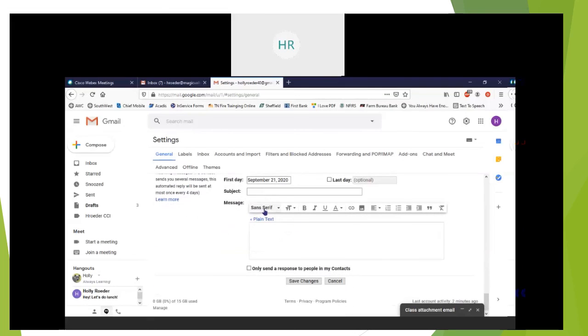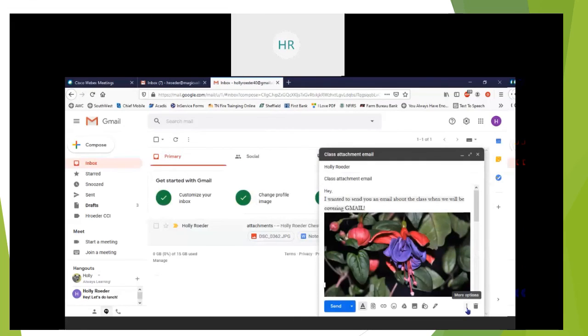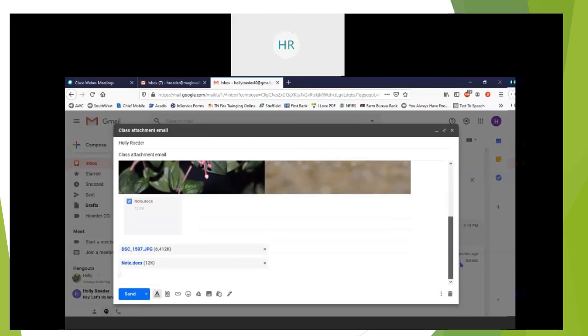Again, you can change your fonts, the size, bold, put a photo in if you want your signature to be a photo. There's that option. Make it look exactly how you want. Save changes. And then we open this up. You'll notice at the very end,